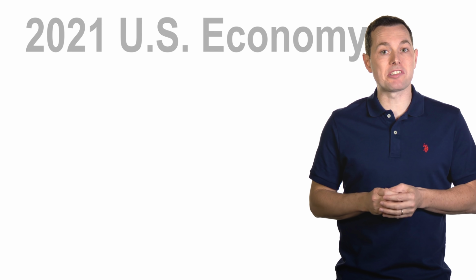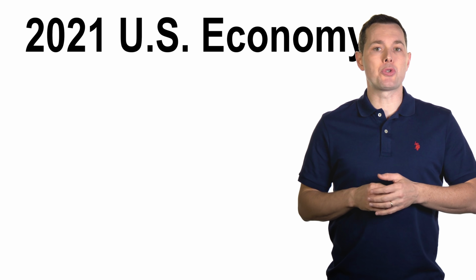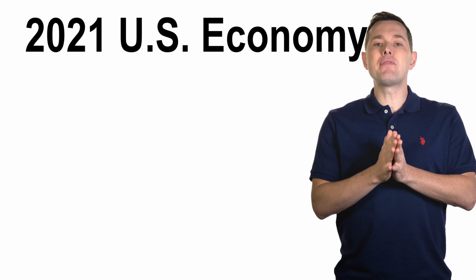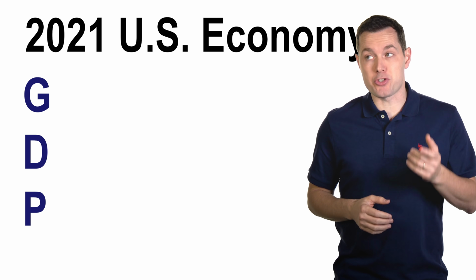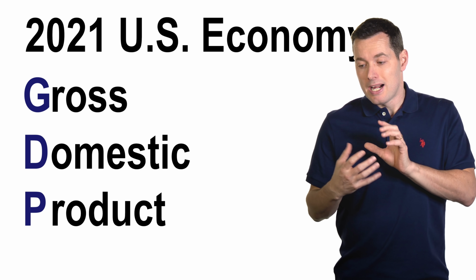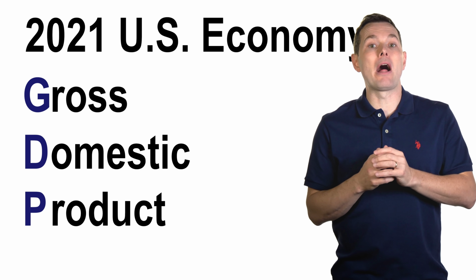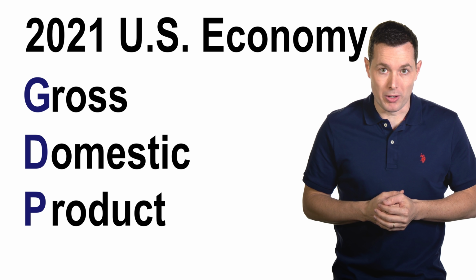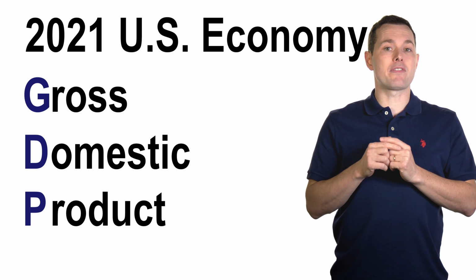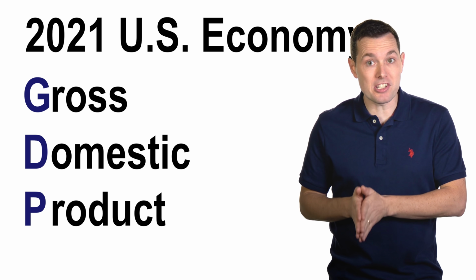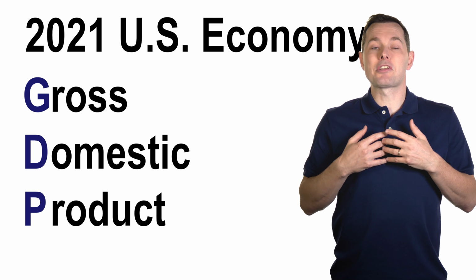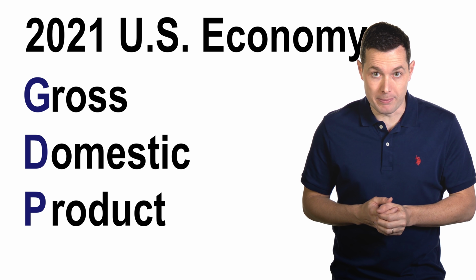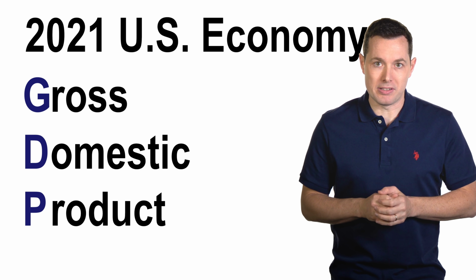Hi, I'm Jimmy. In this video, we're looking at where the US economy could go in 2021. Our main focus is going to be on GDP, which is short for gross domestic product. We're going to see if we can figure out how that could influence the stock market through 2021. Then hopefully we can use that information to make better investment decisions and ideally get us closer to our goal of achieving financial freedom. Okay, so let's jump into this.